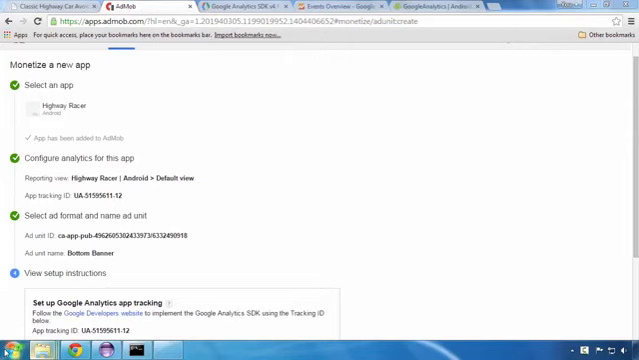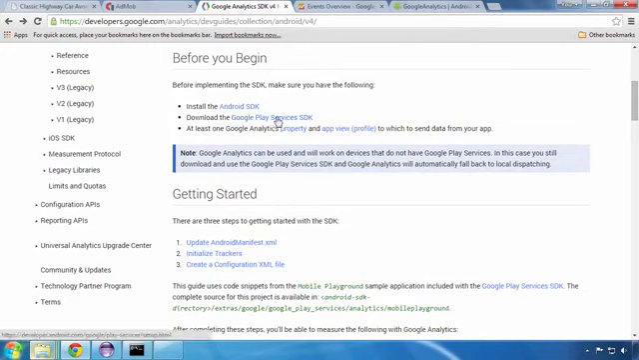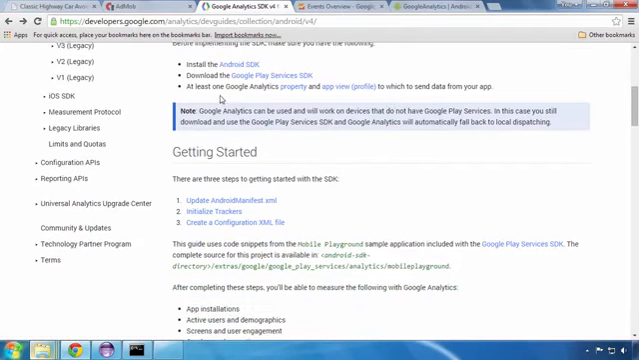We already have the SDK because we installed it in a previous lesson. Next step is to initialize the trackers. These are the objects that will keep track of our user presence and interaction with our app. And finally, we need to create at least one Google Analytics property and app view profile which will receive the